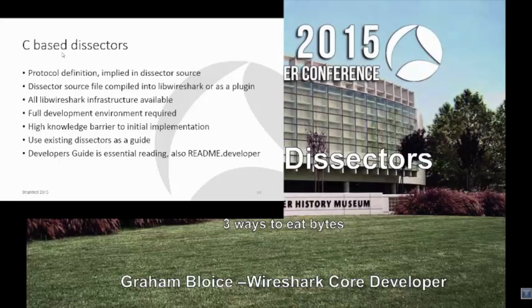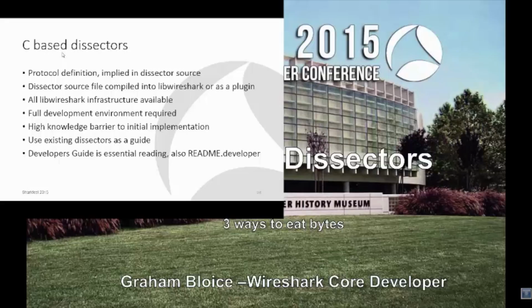So within the C-based dissector, fairly obviously, you've got access to all the libwireshark infrastructure. libwireshark is built around C-based dissectors. You have everything there. But you do need that full development environment. You need your compilers, you need linkers and everything else required to create the C-based dissectors. And there is a fairly high knowledge barrier. There's a fair bit you've got to get through to actually create a C-based dissector. But you have a huge amount of